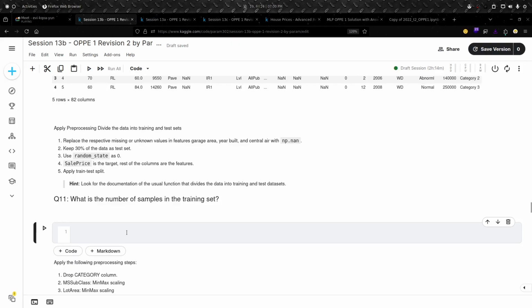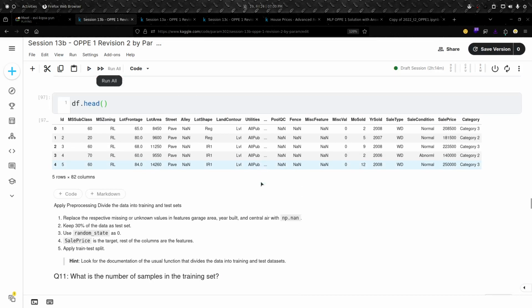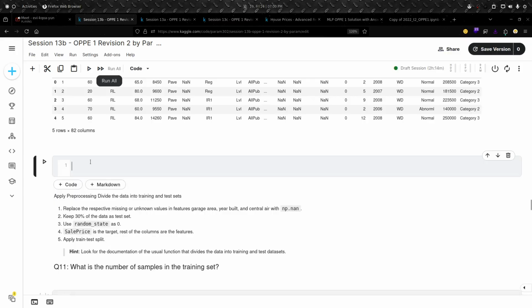Do you guys know how we can split the data into training and test? First we put all the training data in an X variable and the label in y. We can use the iloc function, df.iloc.